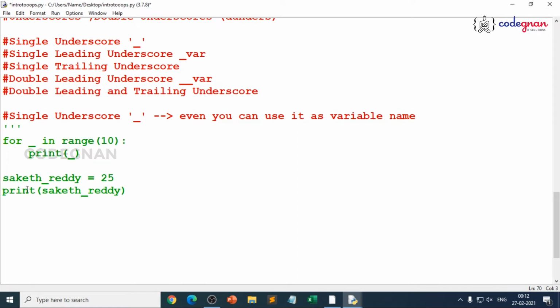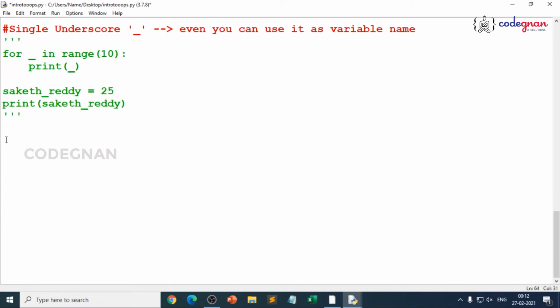Always make it simple. The next thing is, how do we use the single leading underscore? This is also very important when you try to understand naming conventions. Python doesn't enforce it, because generally it is not enforced. When you go for Java, you have public class, private class. Here it is only a naming convention, we just specialize it, that's it.